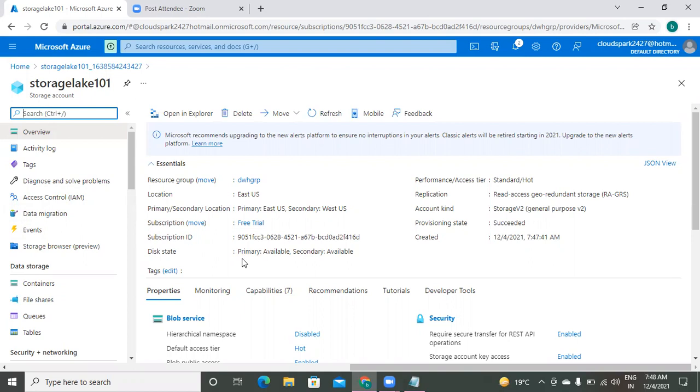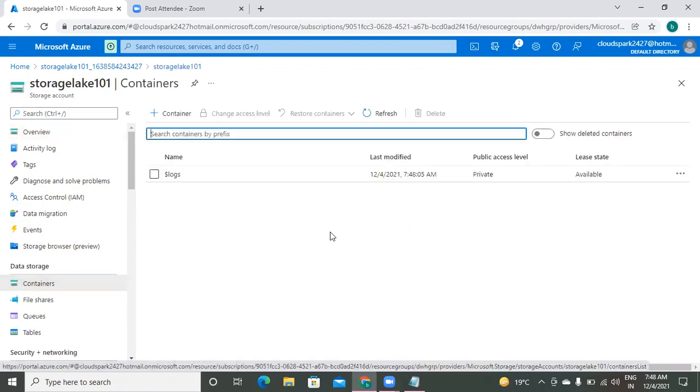For now, I am going for only blob objects, and I am going to keep the blob objects in containers. Just click on the containers. The default container here is $logs, where only the logs will be there.